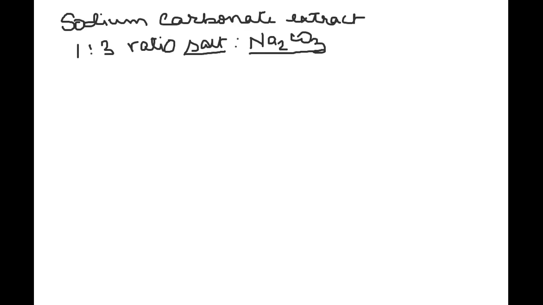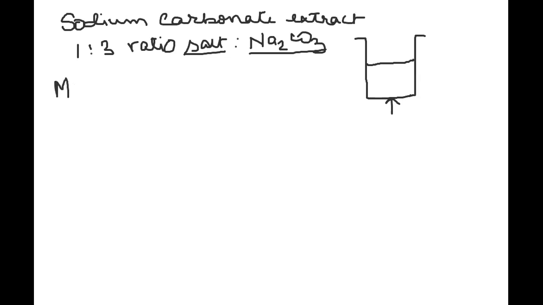These two are mixed in the ratio of 1:3 and taken in a beaker, and to this about 150 ml of water is added, depending upon how much of the two salts you are taking. It is supposed to be heated and boiled for about 5 to 10 minutes, such that when the reaction takes place in the sodium carbonate mixture, suppose you have taken the magnesium sulfate salt.